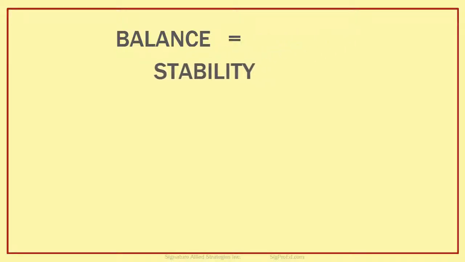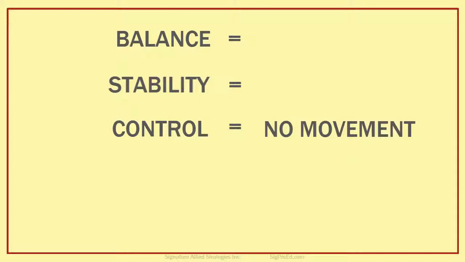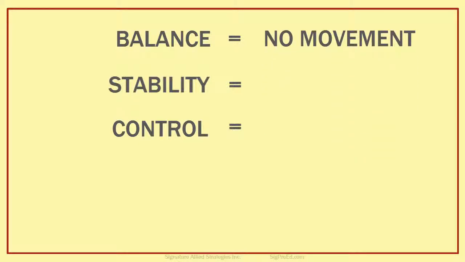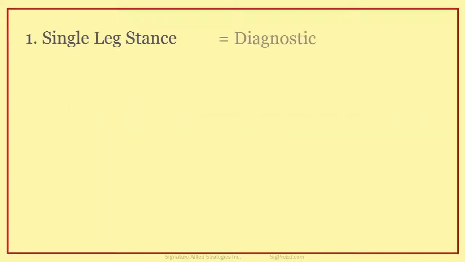Test for balance. Remember, balance equals stability. Stability equals control, and control equals no movement. Therefore, when we're looking at balance, we expect there to be no movement. The two tests that we're going to do to determine someone's balance is the single leg stance, which is diagnostic,